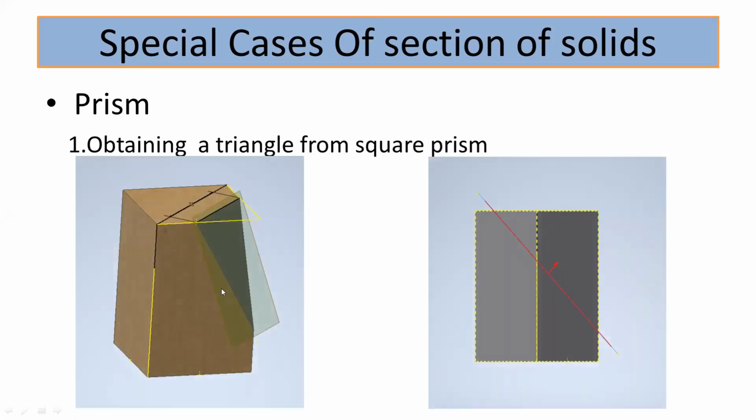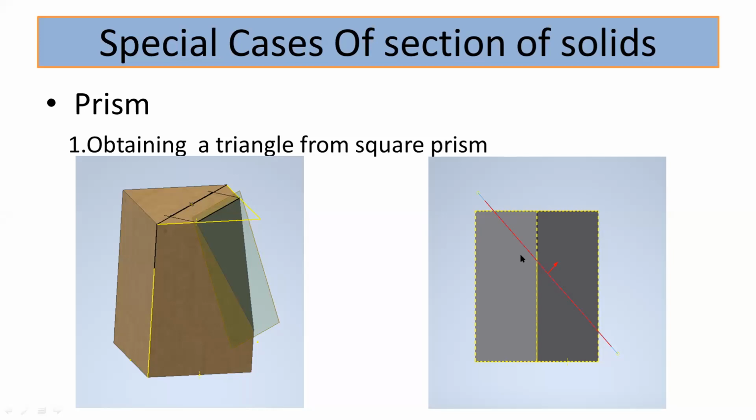So here you can see the square prism. It is resting on the horizontal plane, and this is an equally inclined condition. That means these base edges are equally inclined with the vertical plane or with the XY line. And suppose you want to obtain the triangular shape after section, that is, the true shape of the section must be a triangle, then we should take the position of the section plane which is inclined to HP and perpendicular to the VP. Okay. So in that position only, we can obtain the triangle as a true shape.